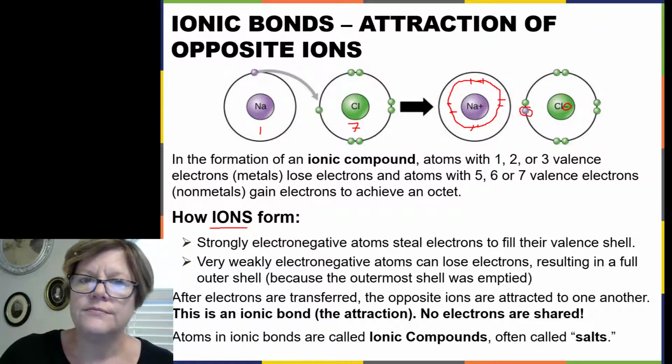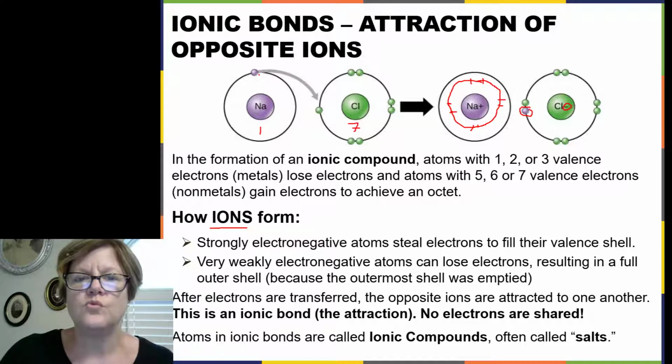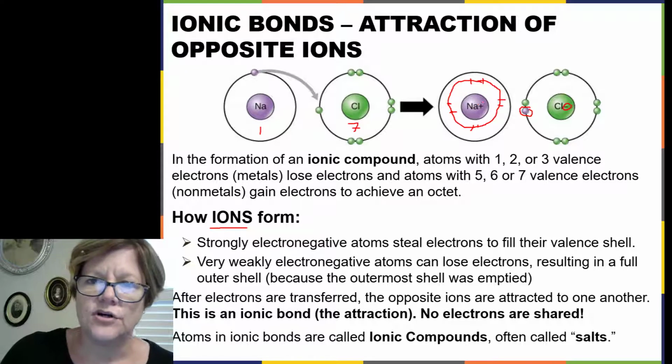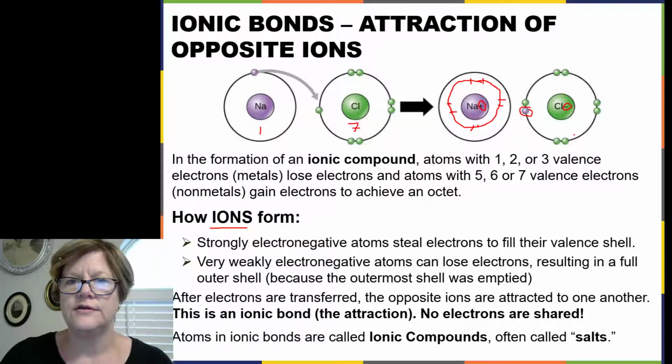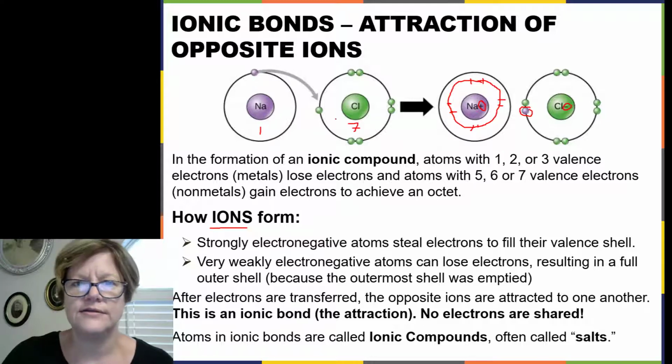The sodium atom now has 1 less electron than it should, and so it takes a positive charge. That's the sodium ion. Each of them is happy now, though, because they each now have a full valence shell. But one thing you'll probably remember is that opposites attract, and so now after the electron is completely transferred, stolen,